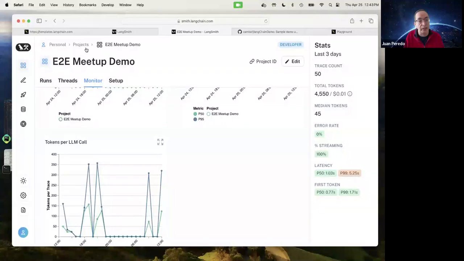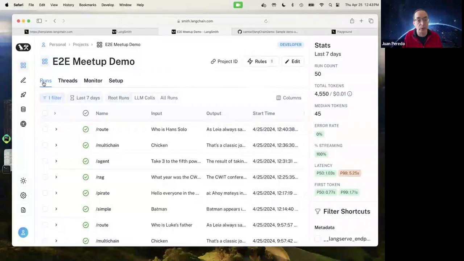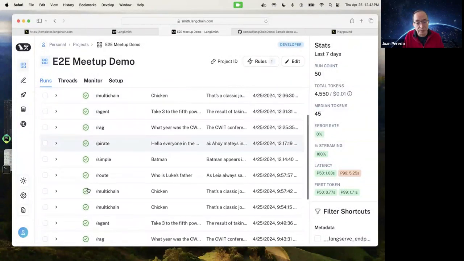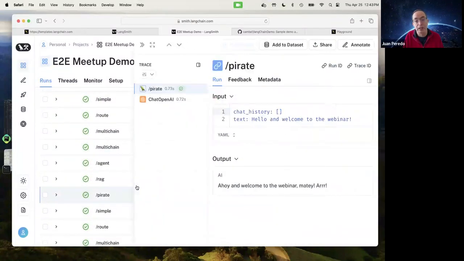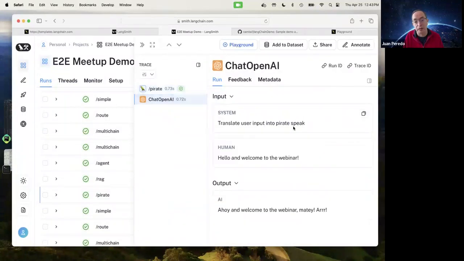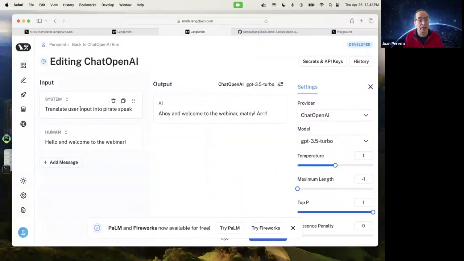The other thing that is really cool here is that we can also use LangSmith to evaluate how good our interactions are with the LLMs. And there are several things that we can do here, right? So let's take, for example, the pirate chain. Here's our pirate chain that converts into pirate, and then I can go to the playground, and instead of translate this into pirate, I can tell it to translate into Klingon,